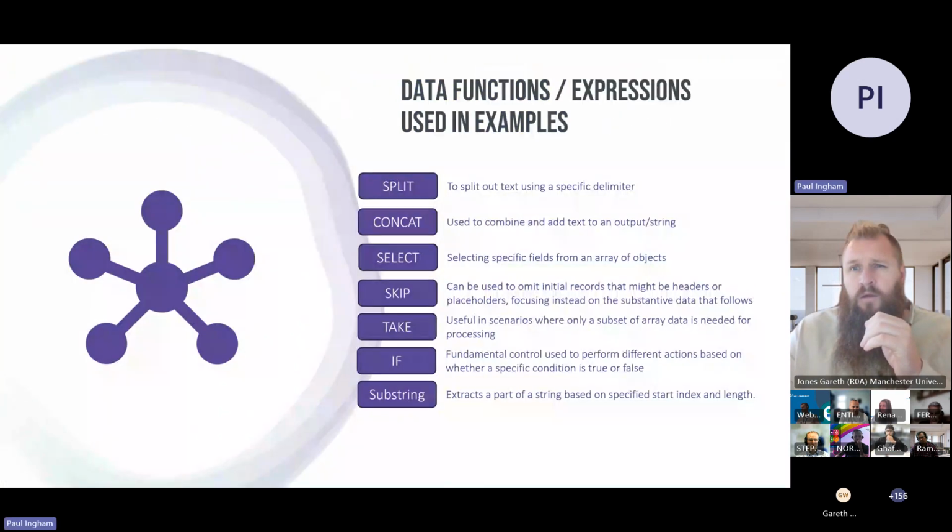So now what I've done is just put a list in there, the types of expressions that we've used today. So we've gone through using split, which is to split out the text using a delimiter. We've gone through concatenate, which is used to actually join information together, make sentences and all that type of stuff. We've used a select function in some of them, which allows you to select specific items and data from objects. We've used a skip function, which was so we could skip that initial line of the CSV data I've